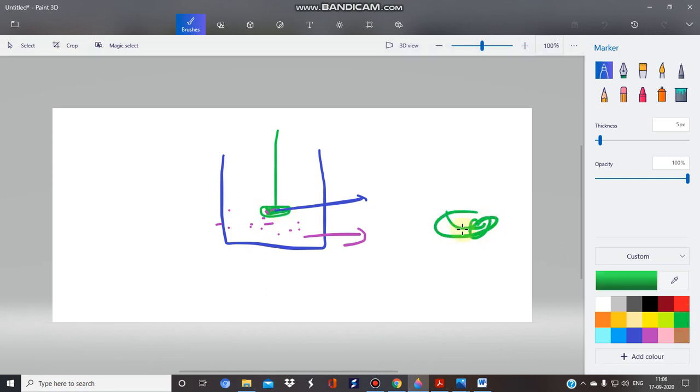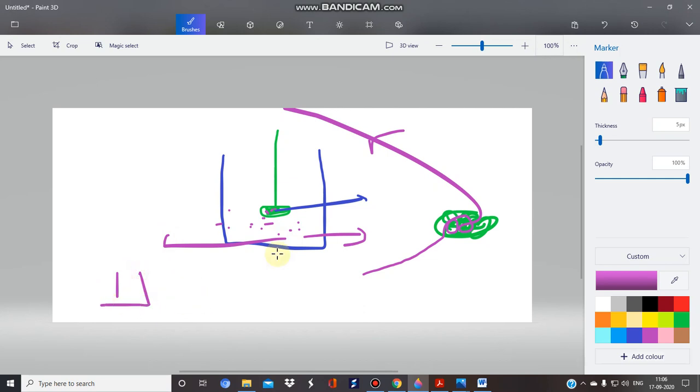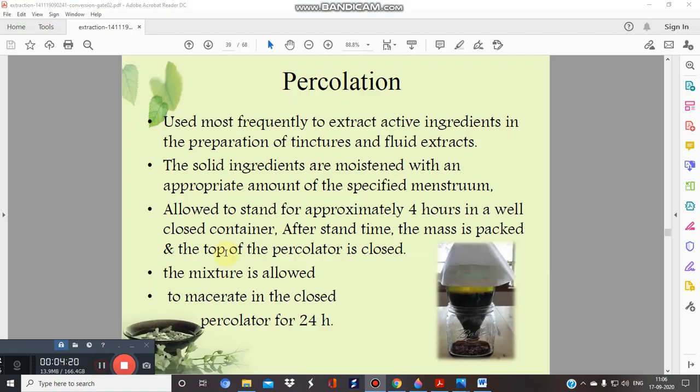Because again, the chemical constituent which is present in the drug, when the solvent goes inside it, penetration, solubilization, the active constituent then escapes out. And you can observe this by the change in color. It means your solvent will acquire some of the chemical constituents present in the drug. Solubilization of the chemical constituents will take place and extraction will be done. So this is the infusion method. I think this is now clear.